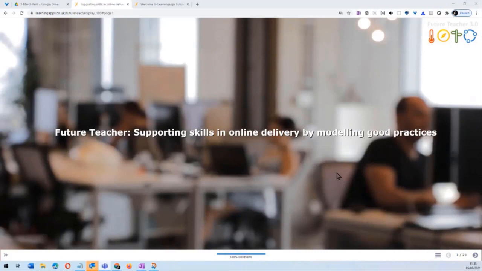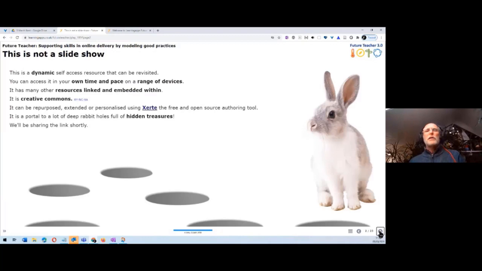So what we wanted to look at briefly was the way in which, when we've been developing the Future Teacher project, we'll say more about that in a moment, but when we've been developing it over the last 3 years or so, we've been actively trying to model good practice in the way we've been putting together all the webinars that we've been creating there. So there may be tips that people can benefit from, because we've had to go through a lot of iterative processes. So I want to have a look with Ron and with Lilian at what we've done, how we've done